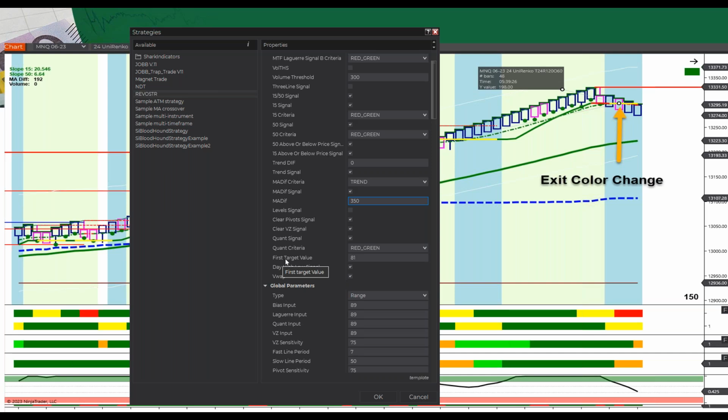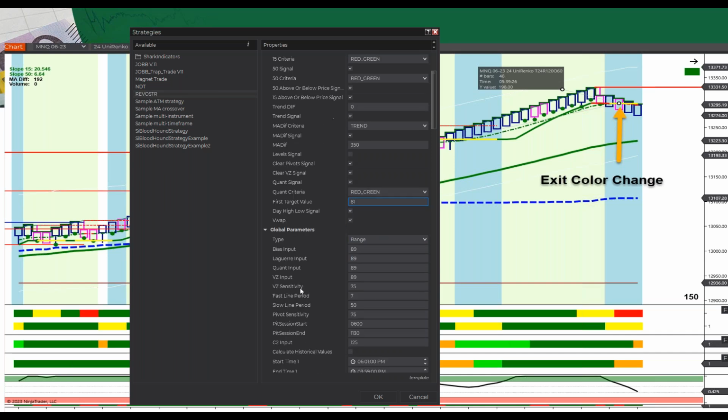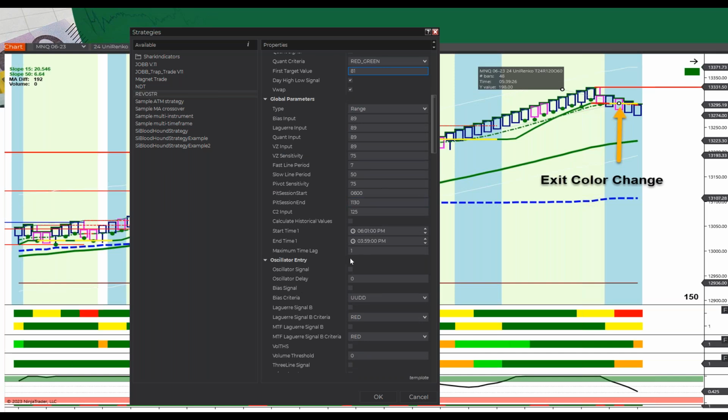Now, this first profit target is very, very important. Our first profit target on this MNQ swing trade is 80 ticks, but it has to go to 81 to get filled. So if the market is going to take an entry and there's not at least 81 ticks, let's say to a pivot, let's say there's only 50 ticks to the next resistance or support level, it won't take the trade. It needs at least 81. It'll wait until it breaks.